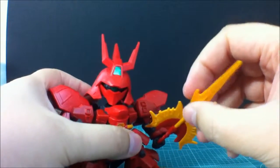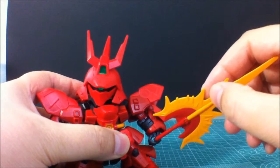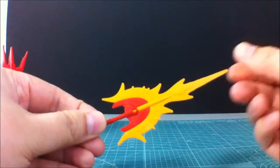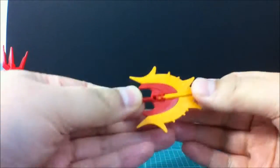And I've noticed that the Sazabi's hands are actually a little bit bigger than other SDs. So you can't get this weapon in other SD's hands. Or at least in the older ones. Which is kind of disappointing. And you can also